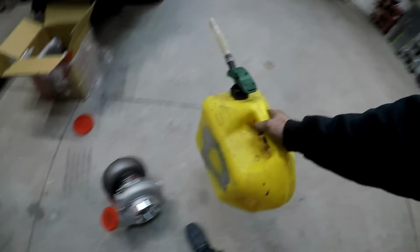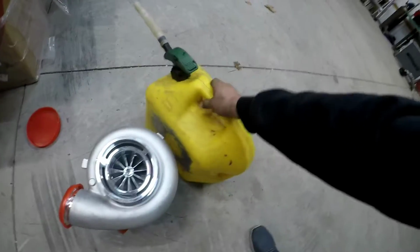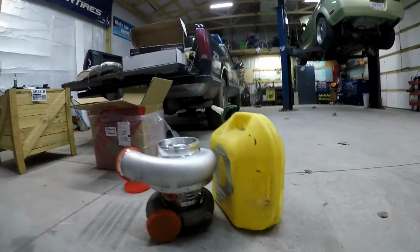Look at it compared to this 5-gallon kerosene jug. It's like the same freaking height, almost. That tells you how big this freaking turbo is. And then we got